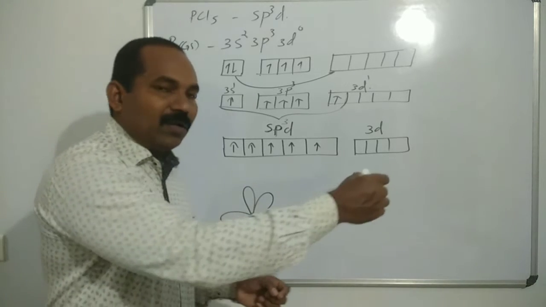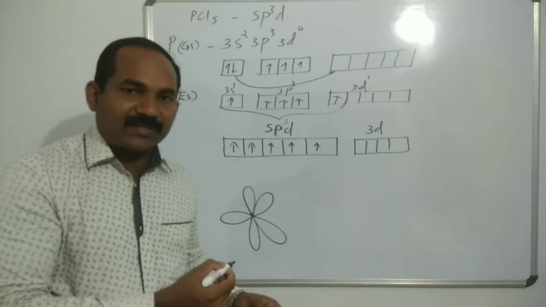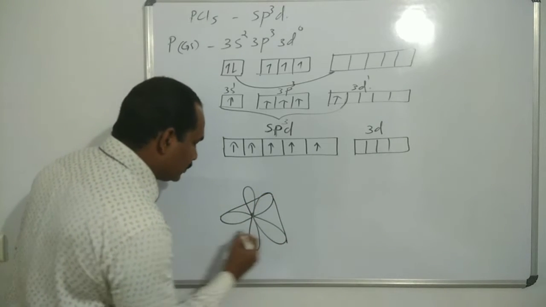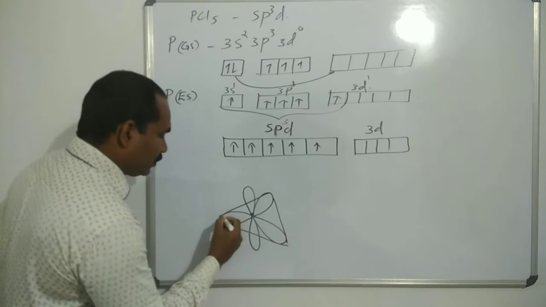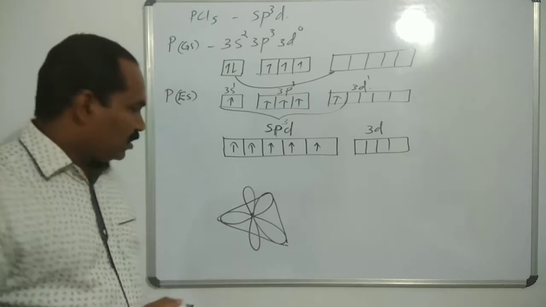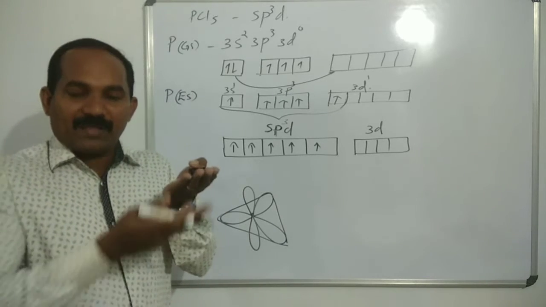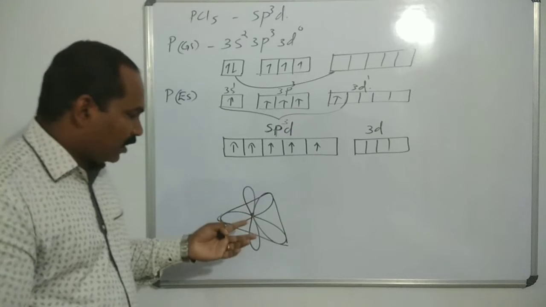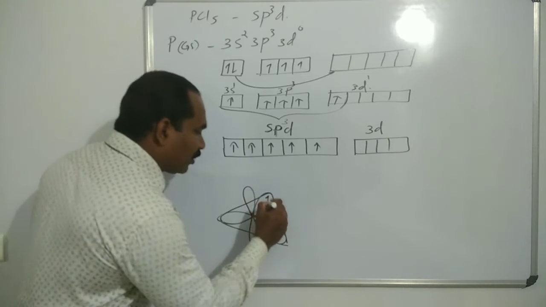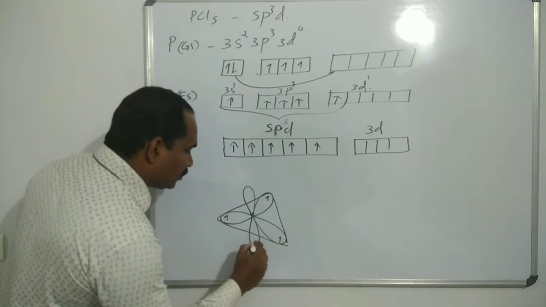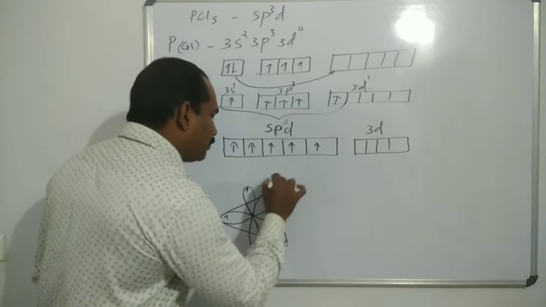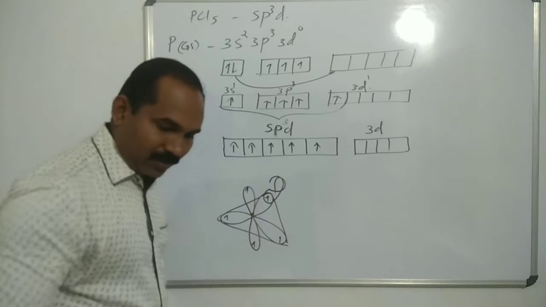The three hybridized orbitals are in equivalent positions. One is above the plane, the other is below the plane. Each orbital has an electron, and this orbital overlaps with the p orbital of the